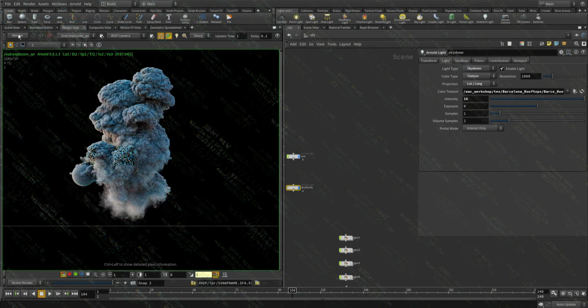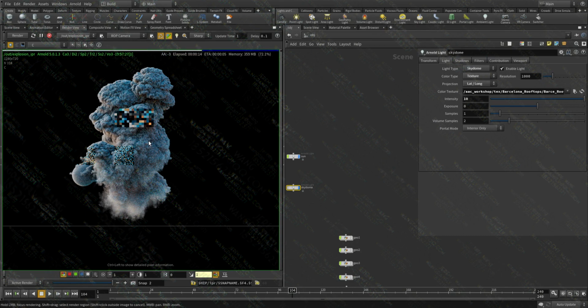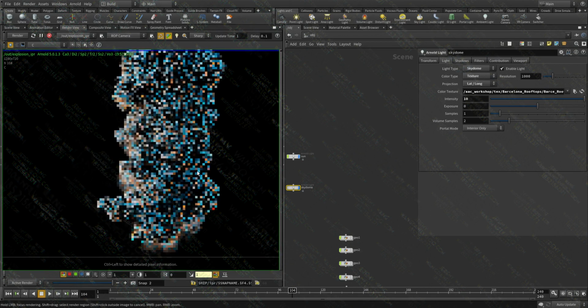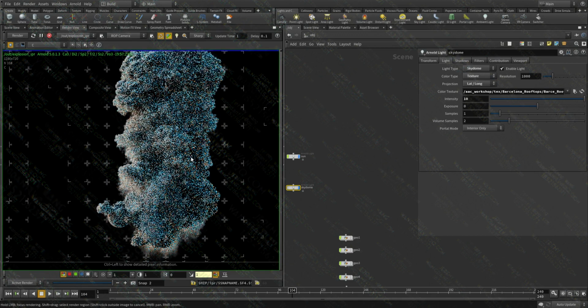And what I like to do is look at the shapes and see what's the best light position I can use that will bring up all the details in the sim. So in this case, let's wait for this to finish.